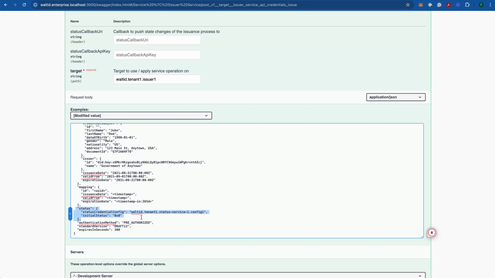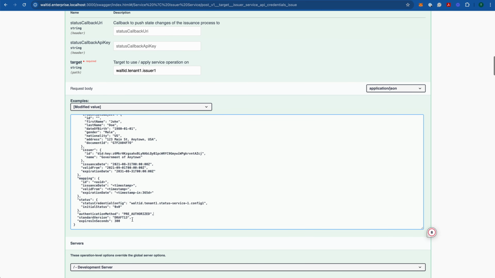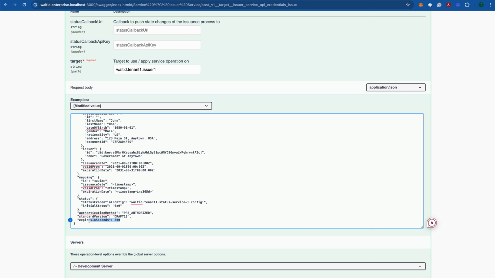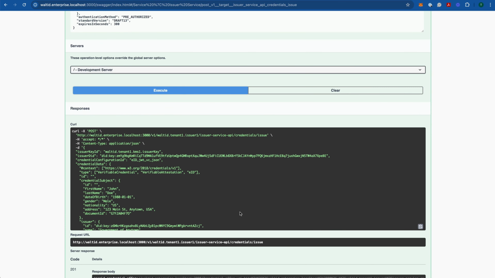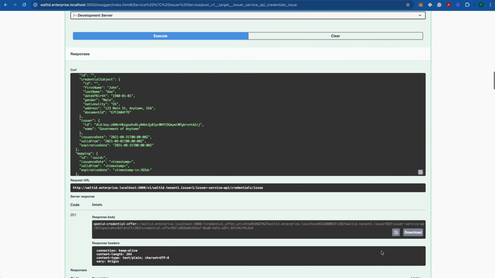And what we need to specify here is first the configuration ID we created earlier, and the initial status being not revoked. Also, we use the authentication method pre-authorize, so the pre-authorize flow, and the draft 13 OID for VC protocol version. Also, we say this credential offer will expire in 300 seconds. With that, we can now execute this and get back this regular OpenID for VC offer URL, which I will